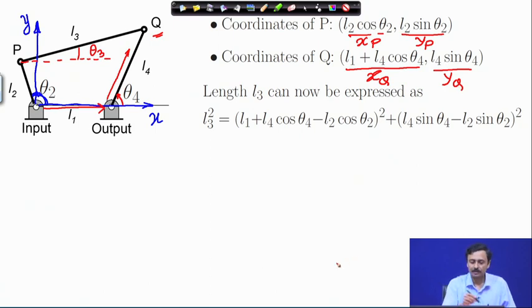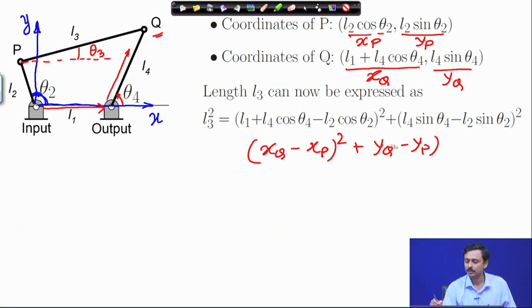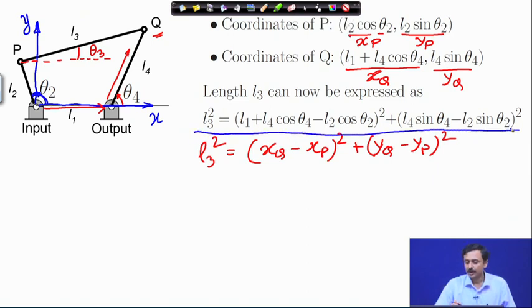Therefore, again L 3 can be expressed as, the square of PQ, which is L 3 square, is nothing but x q minus x p whole square plus y q minus y p whole square. If I substitute these expressions, I will get this. Now, if you open this up,